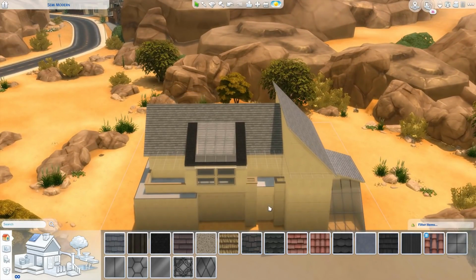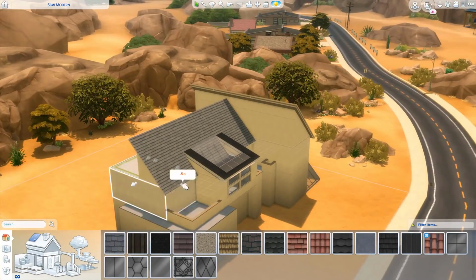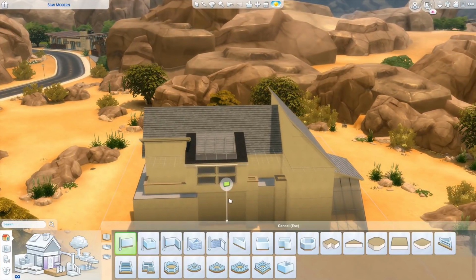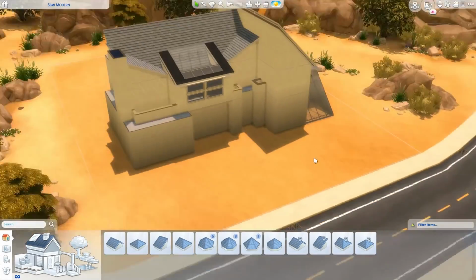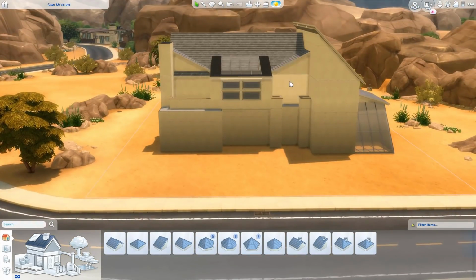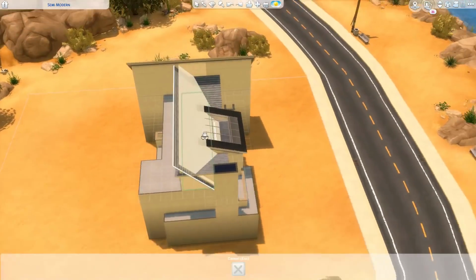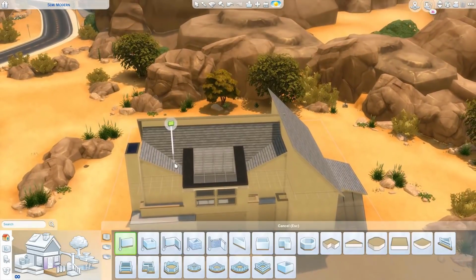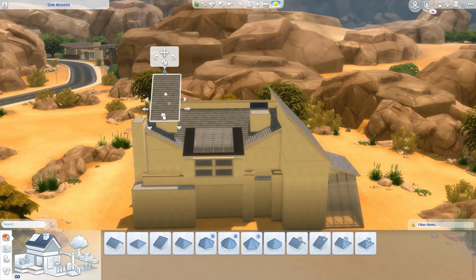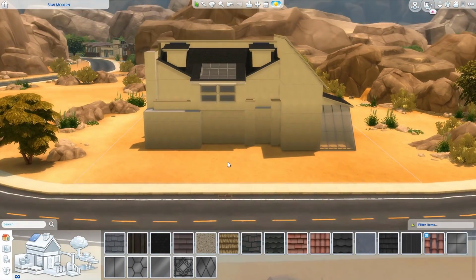From the start, my intent wasn't actually to build something mid-century. I didn't have a plan for what to build at all. I just wanted to do something different from my suburban homes, so I was kind of winging it, and I ended up with an exterior that, at least to me, gives me mid-century modern vibes. So I just decided to go with it because I've never ever done something mid-century before,